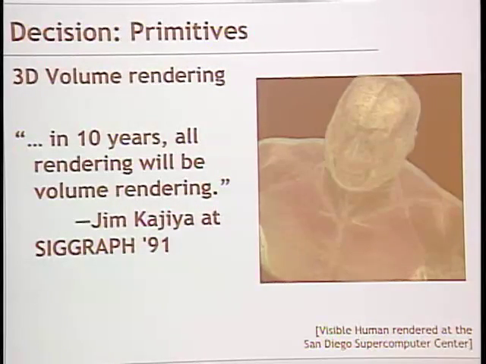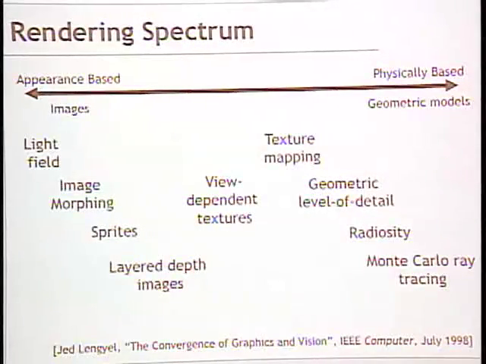Okay, and then I want you to think about the rendering spectrum generally as, not just a couple of discrete points, but rather something continuous. And so this is a very interesting paper. Jed is at Microsoft Research, and what he wrote was about graphics and vision and how they're converging. And so he had a spectrum of going from things that are image-based, appearance-based, and rendering based on that,